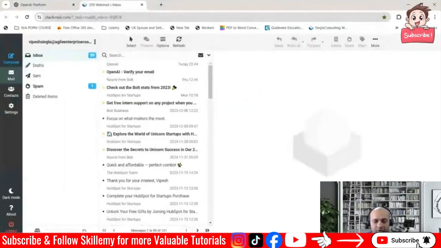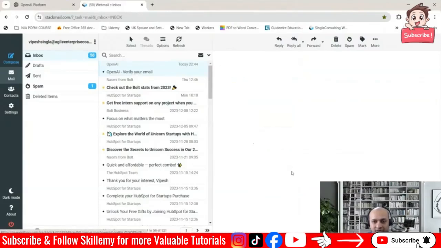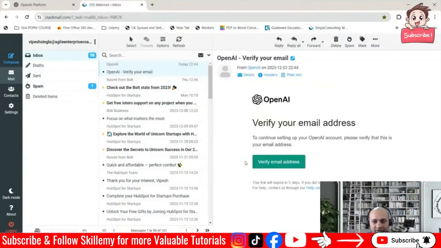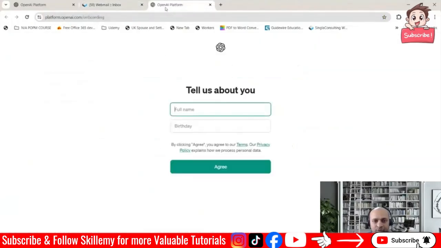Let's see that. So I've already opened my email by logging into my email account, and if you see this OpenAI verify your email, this email has come through as a new email, and it is a verification email. So it has this verify email address button. So I'm going to click it. So that's how the email will look once it arrives in your email box. So I'm going to click this verify email address button, and now it takes us to the OpenAI website again, and